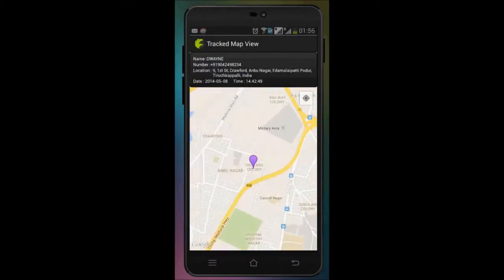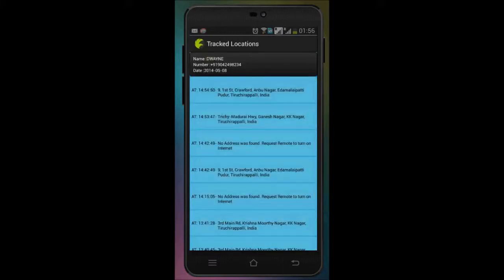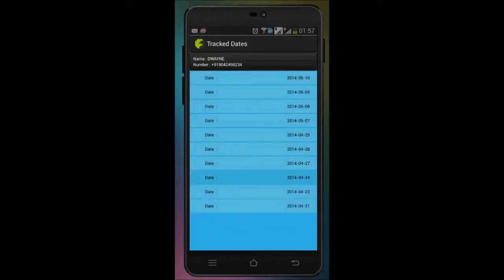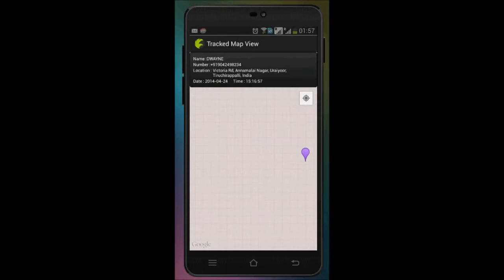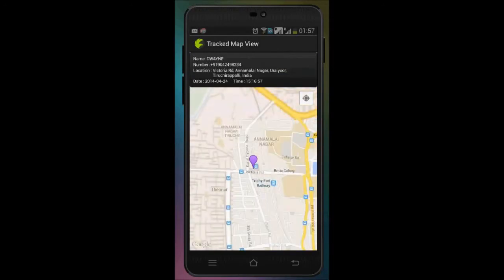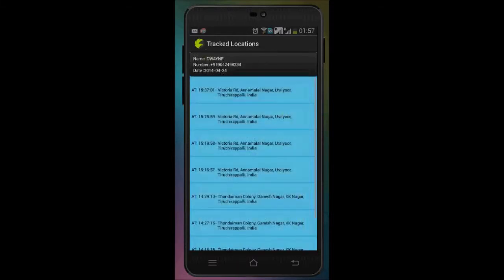The location details are maintained for earlier dates, also based on the business need. Let us press on April 24th. From the listed locations, select one to check the map. Map of the location is brought up. For mobiles not currently tracked, that is, mobiles with tracker off status, real-time location for earlier days are also listed.